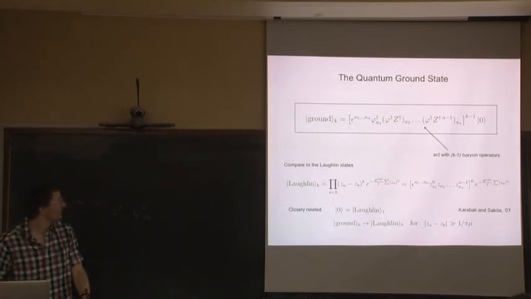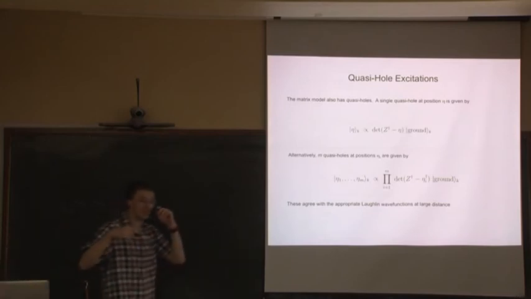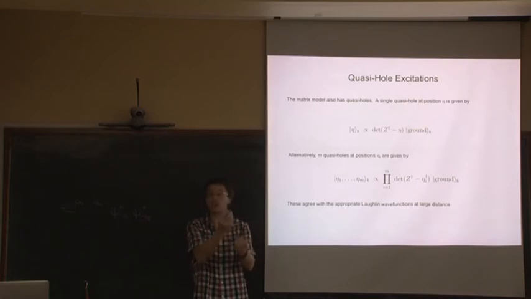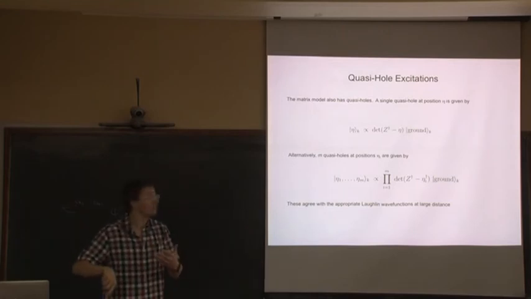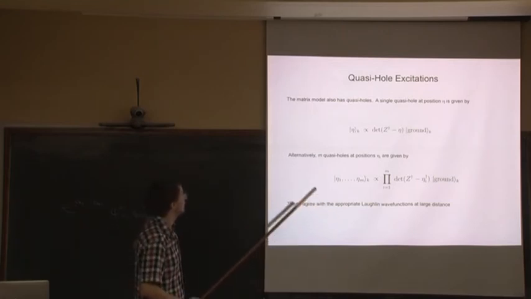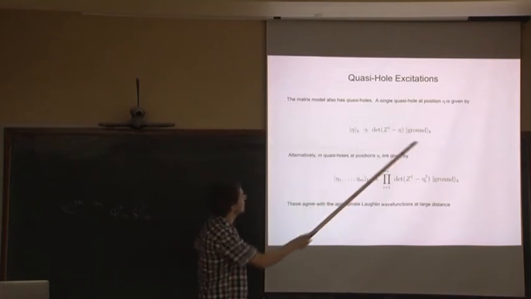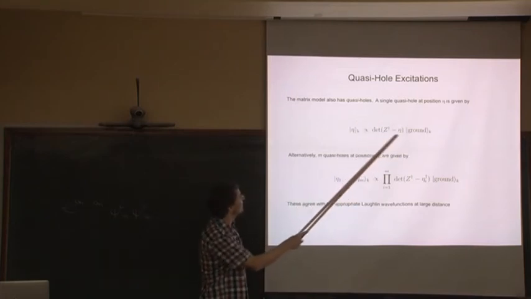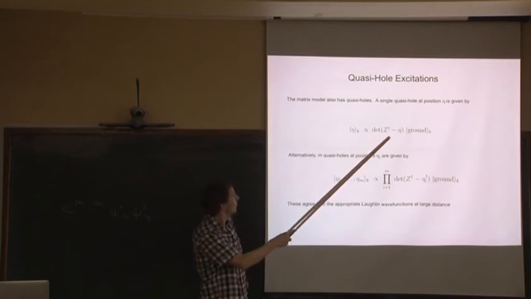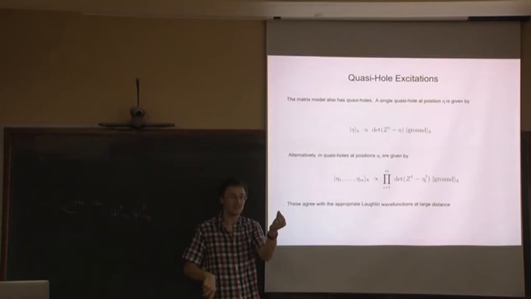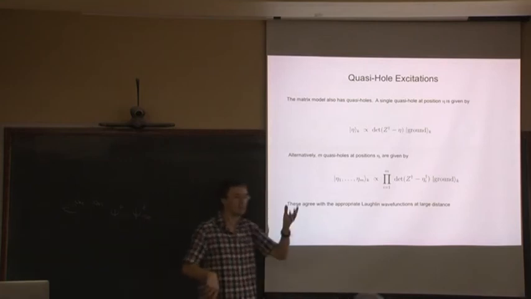Okay, so this is the Laughlin wave function. As we saw in the last lecture, there's more to quantum Hall physics than just the ground state wave function. You care about the excitations, and the most interesting excitations are the quasi-hole excitations. These also have a very natural interpretation in this setup, which is one of the things Carl and I realized. You take these ground states and you multiply by the following determinant operator, where Z dagger is the operator and eta is the position of this state. This was inspired by giant gravitons.